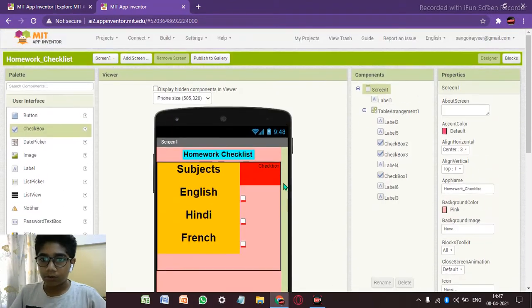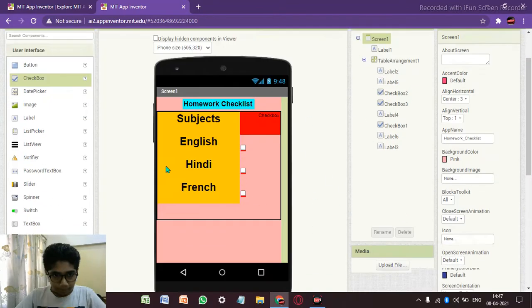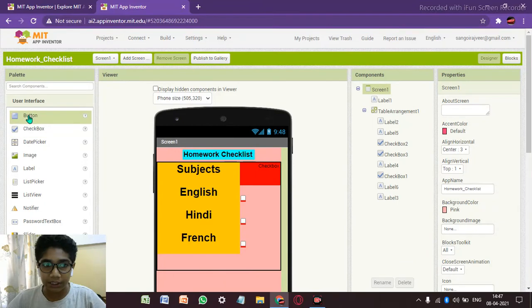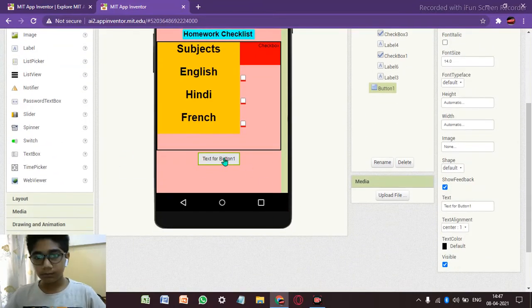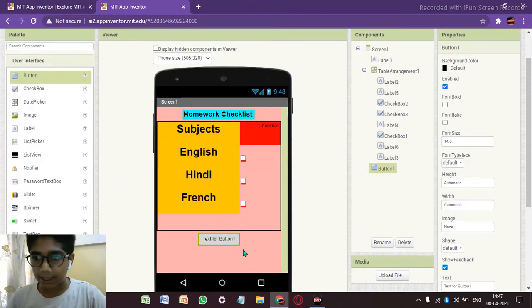So now we have done this thing, but we need one button for the reset thing. So if you have put something wrong, then everything will get reset. Font bold and size 20.